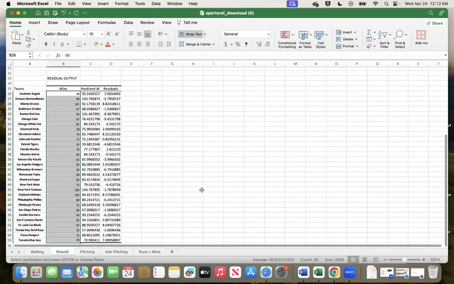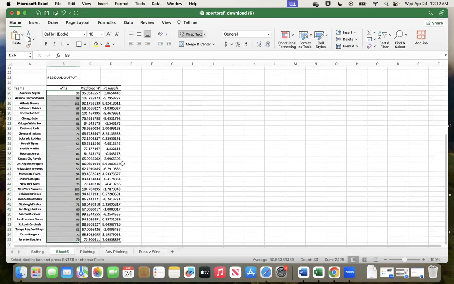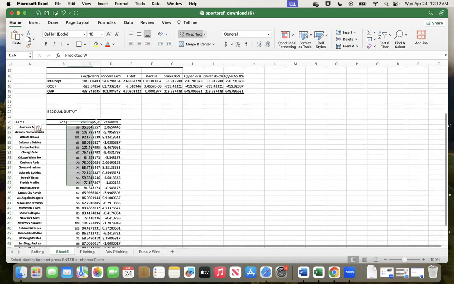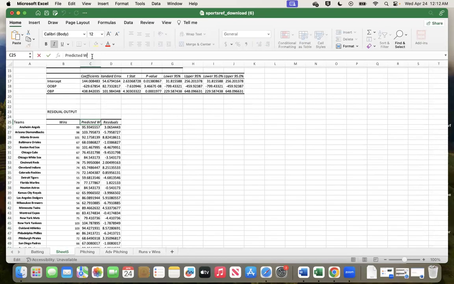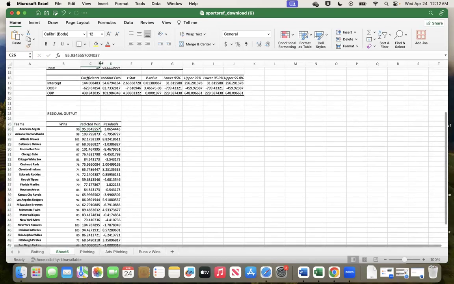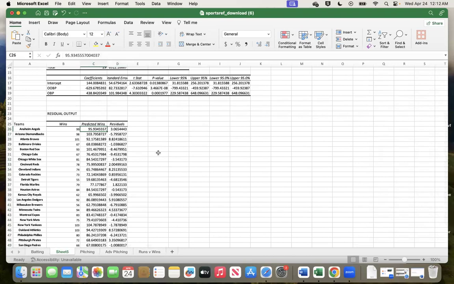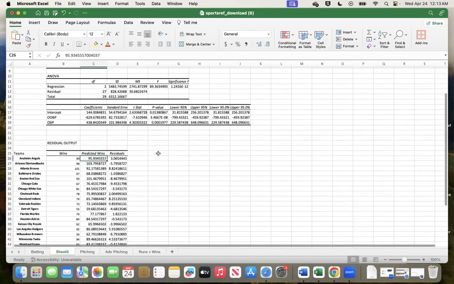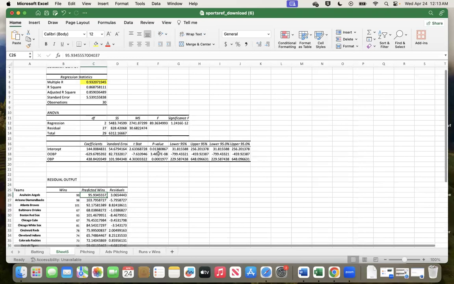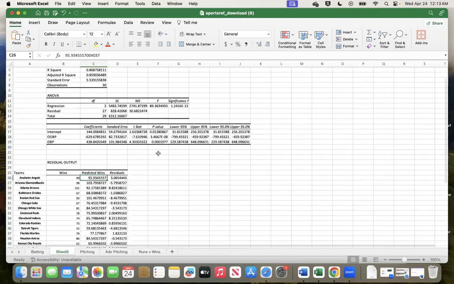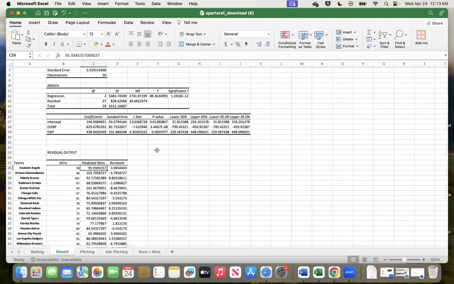All right. Now that's helpful. Look at what this residual is telling us. That's right here. Let me make this bigger. That's predicted wins. That's what that is. Let me make that bigger. Okay, to see what that's saying? So that's saying based upon our formula, which I'll show you in a second, our connection between on-base